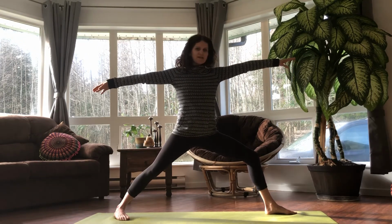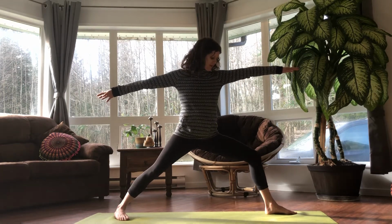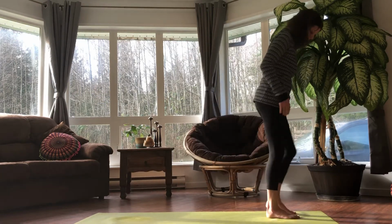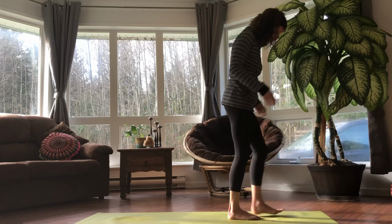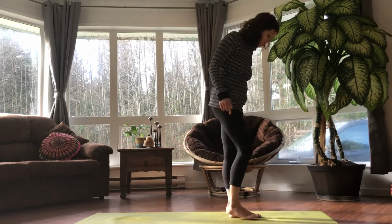So this is one that I see a lot of mistakes in with this alignment, and once people understand it and they can feel it in their body, it makes all the difference to the comfort of the pose. And then what we're going to do is we'll step our foot to the front of the mat, shake it out,